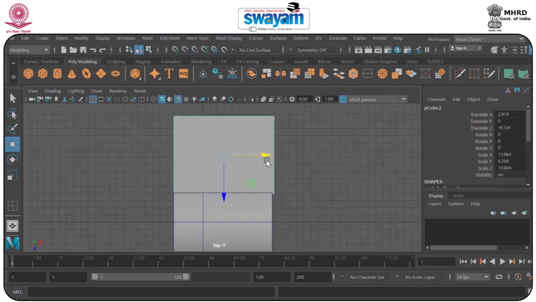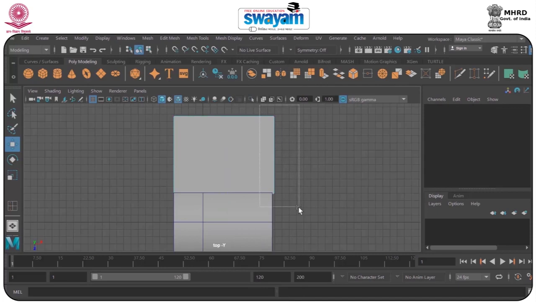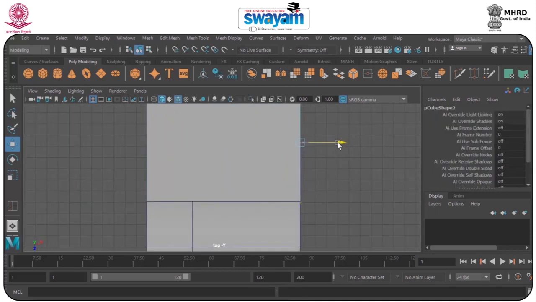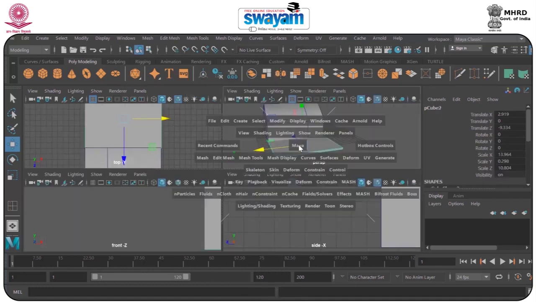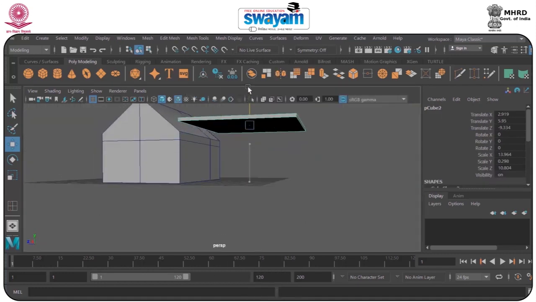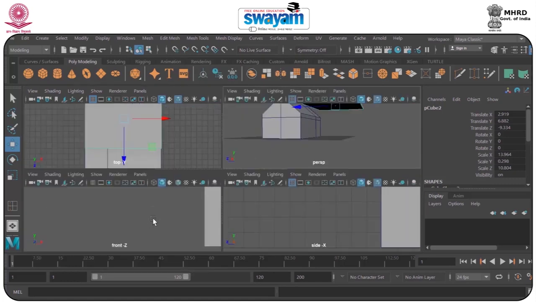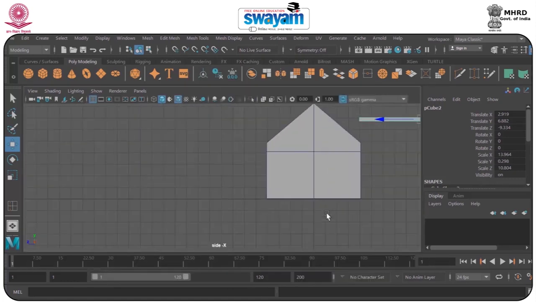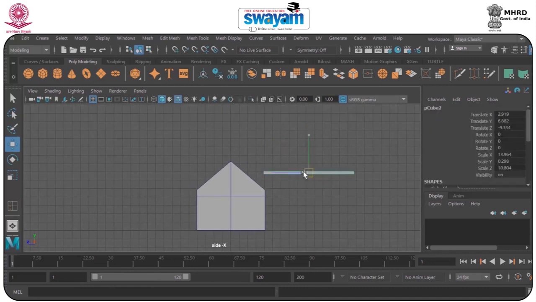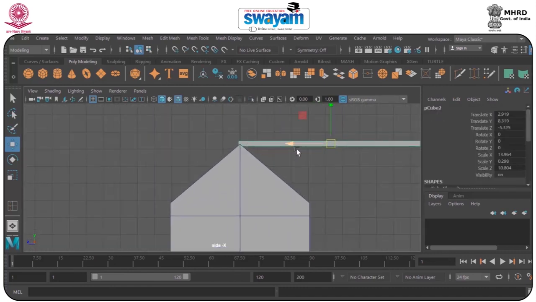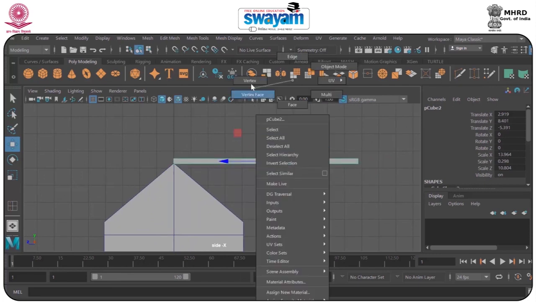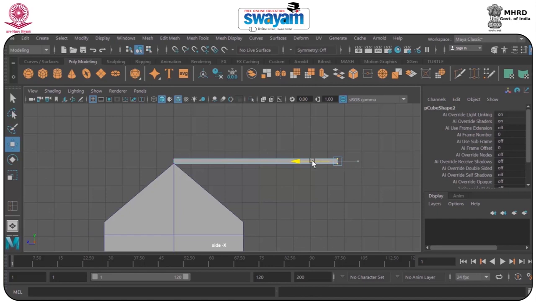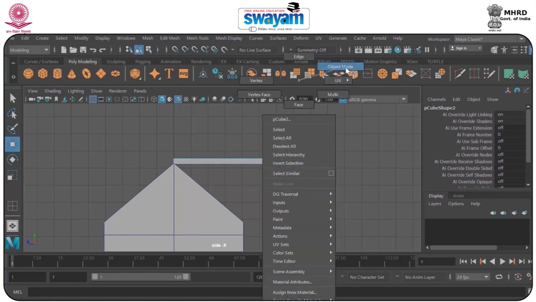Okay, now right click, go to vertex, select this vertex and move it somewhere here, because it's very hectic to manage from here or to manage with scale. So I will move it here, drag it up, and go to the side view. We'll move it here, the size is very large, and we also have to move it somewhere here. That would be fine. Moving it here, and object mode.